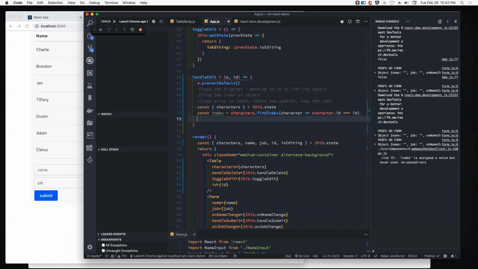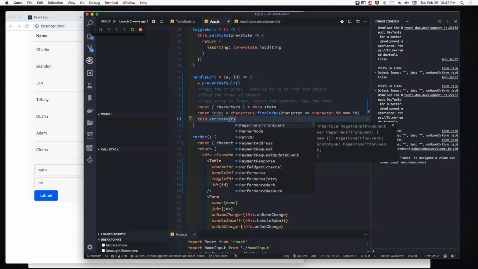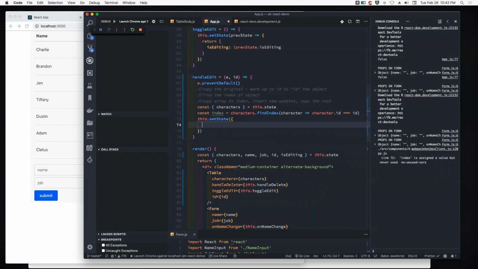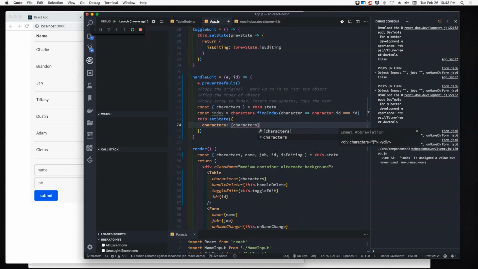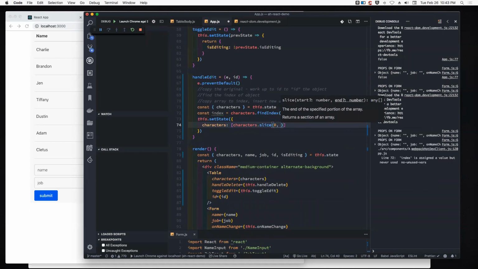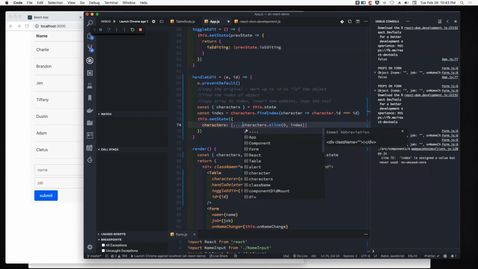So then basically what I want to do is, when I have this index, I want to set my state. I'm going to do so by first taking my characters array and making a shallow copy with the slice function. So if I take my characters and slice them from the beginning to the index, and spread those out so that I don't get an array in an array,